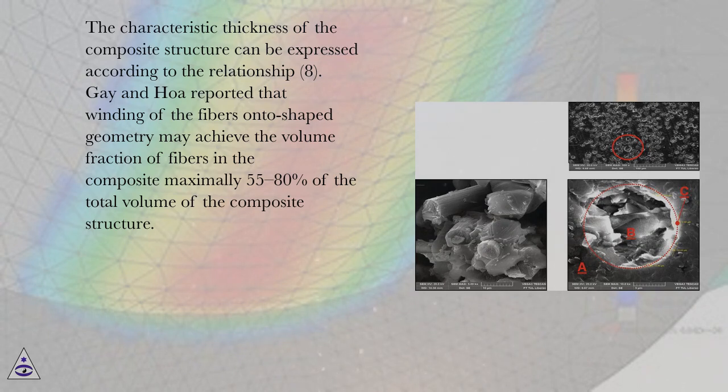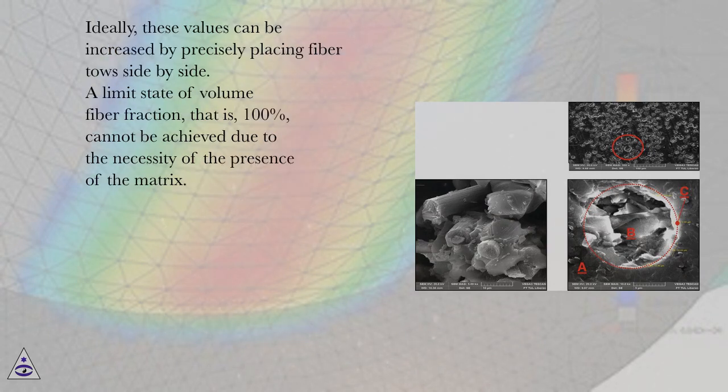Gay and Hoa reported that winding of the fibers onto shaped geometry may achieve the volume fraction of fibers in the composite maximally 55 to 80% of the total volume of the composite structure. Ideally, these values can be increased by precisely placing fiber toes side by side. A limit state of volume fiber fraction, that is, 100%, cannot be achieved due to the necessity of the presence